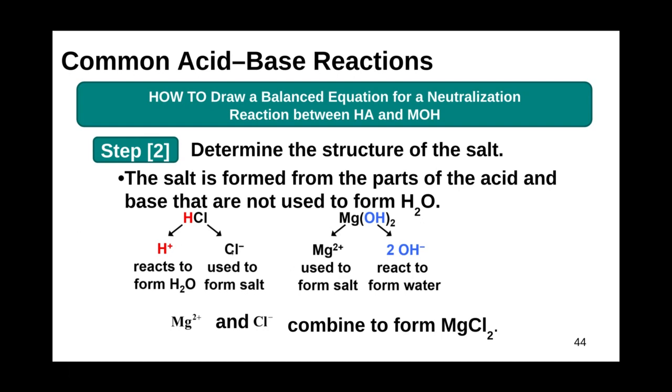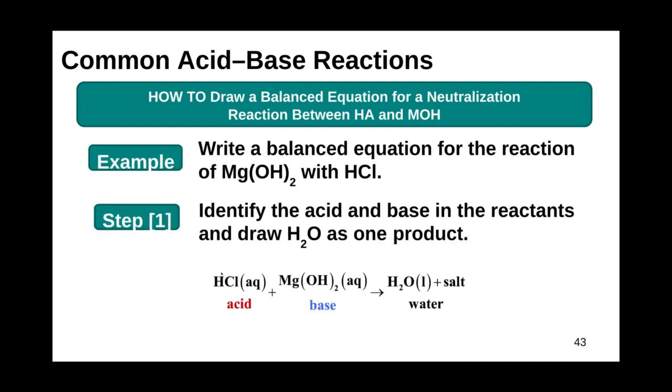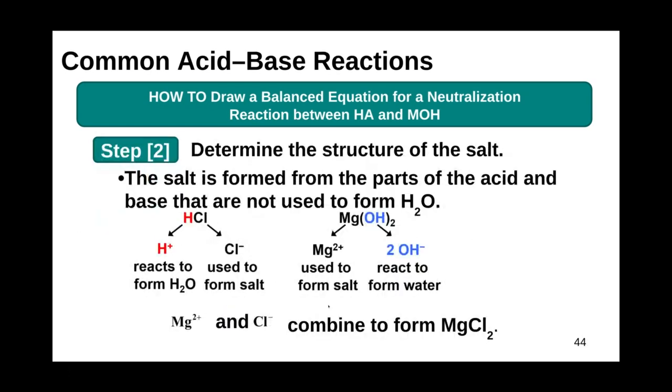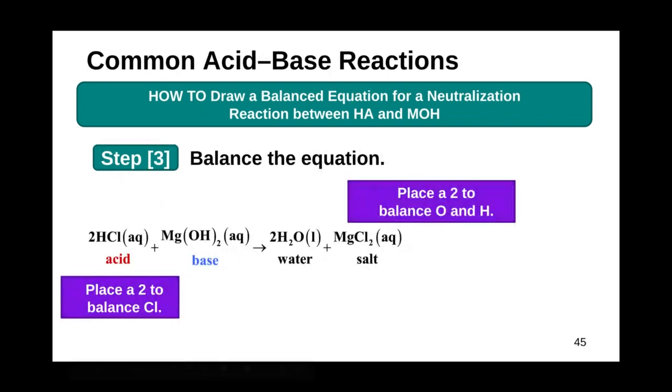That's all we're left with, right? So back to this equation, HCl with Mg(OH)2. We know that the OH and the H have to react together to form water. So we're left with just magnesium and chlorine. Chlorine has a -1 charge and magnesium has a +2 charge, so to balance the charges out, we have to have 2 chlorines for every magnesium, thus creating a neutrally charged molecule. So we can write out this full equation: hydrochloric acid reacts with magnesium hydroxide, producing water and magnesium chloride.